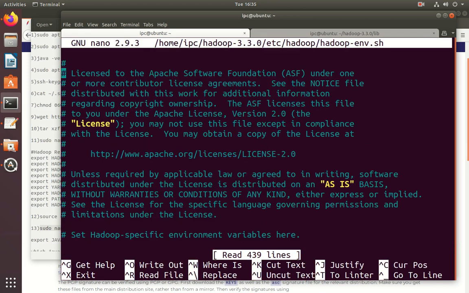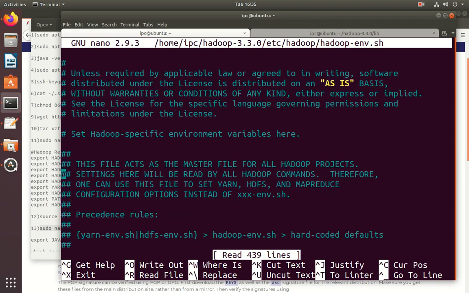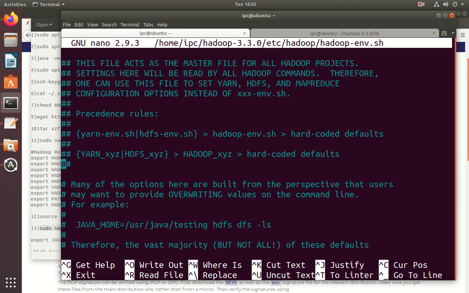Now here, uncomment the Java home variable. Just remove the hash sign where the Java home is. Yes, here Java home. Just uncomment it, and you can add the environment variable.